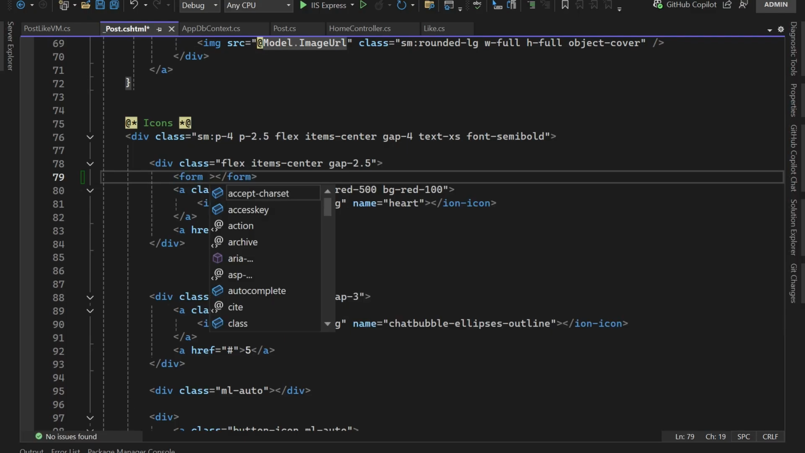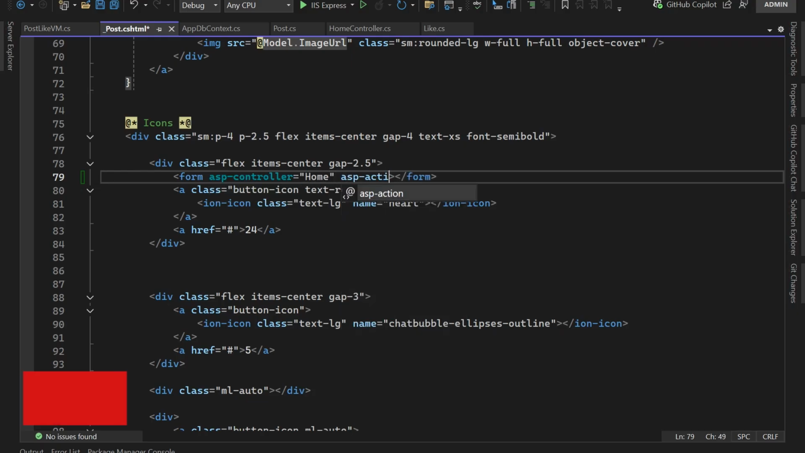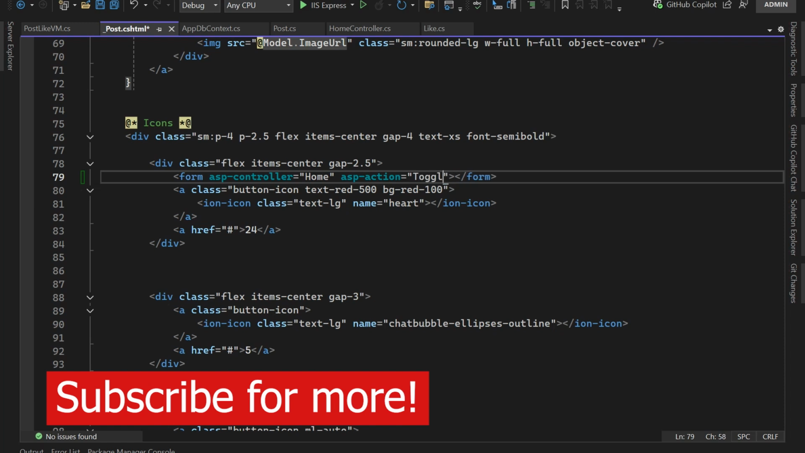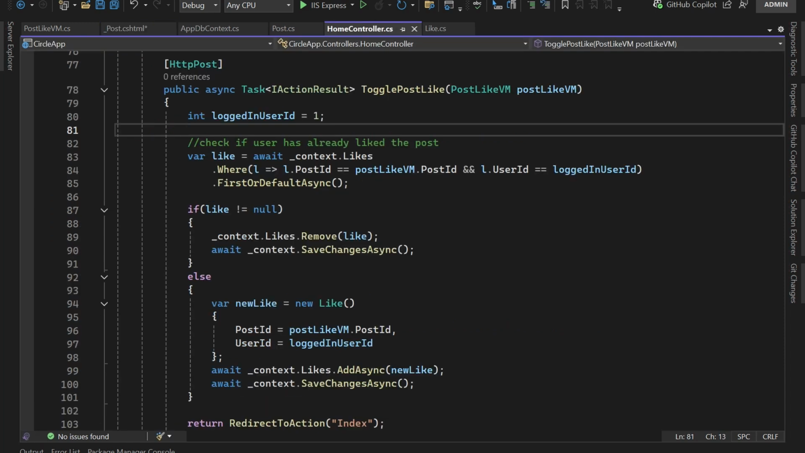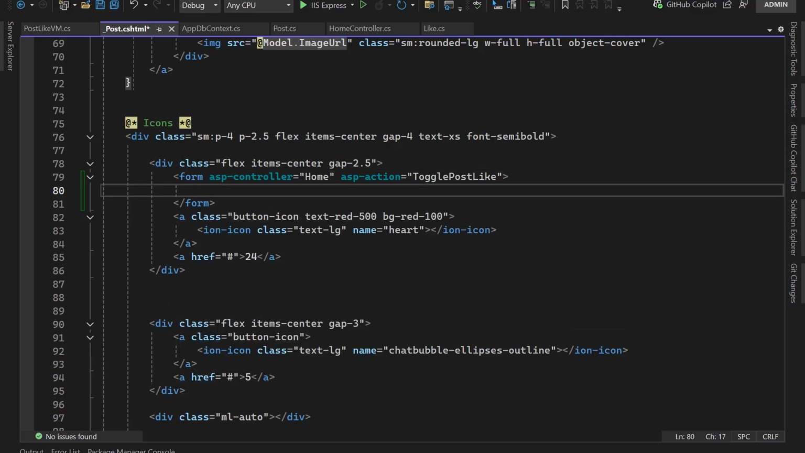And in this form, I'm going to define that the ASP controller is the home controller, and the ASP action is the toggle like action, or you can just go to home controller and it's actually toggle post like. So I'm just going to copy the name, come back here and paste it. The next option, you can define the method to be a post, but if not, then you can just put this code